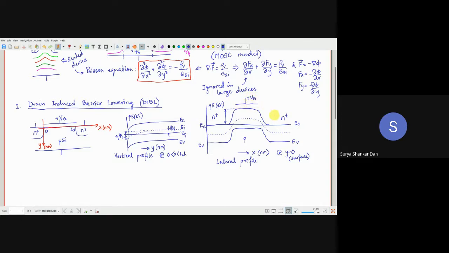So you are applying a plus VG at the gate terminal here. All of us know that if it is a positive potential, this is an energy diagram, so energy levels will come down. Because of that, remember, I told you electronic charge is minus Q. This minus is playing the trick over here. So the more positive voltage you apply, this energy level will come down. It will essentially lower the energy barrier.